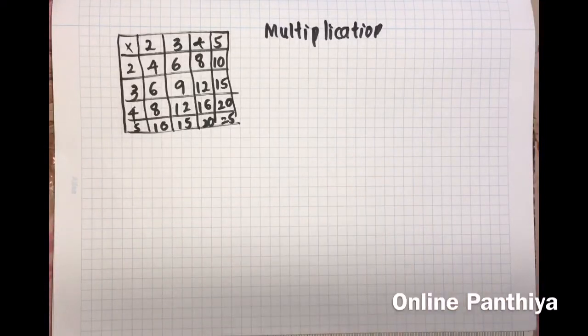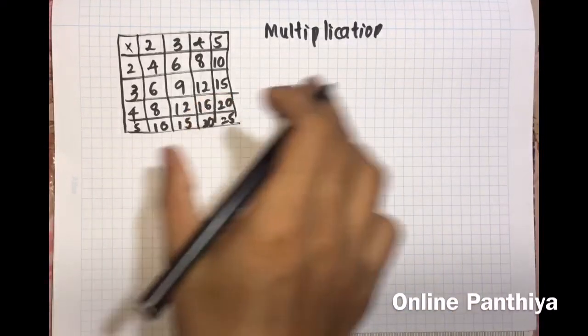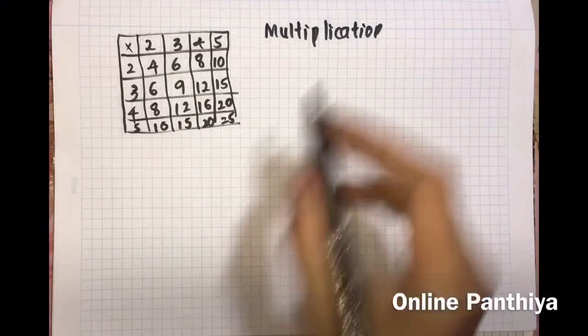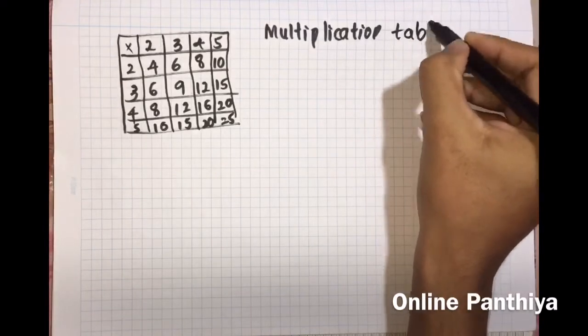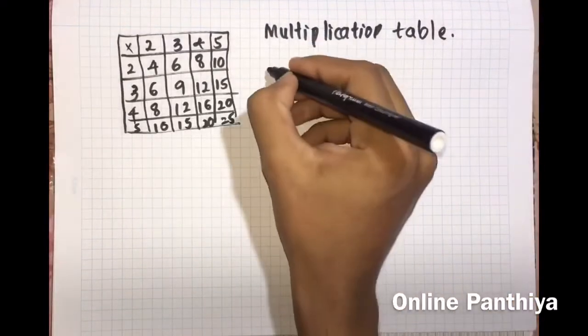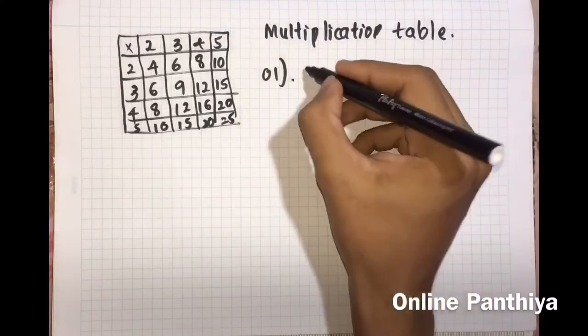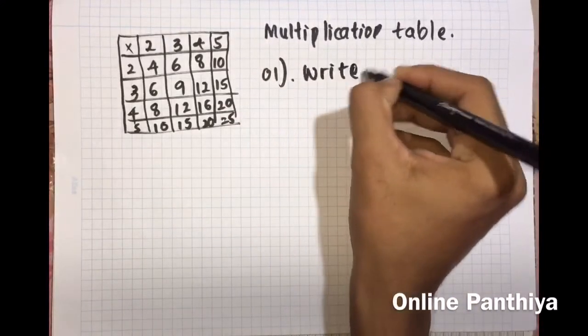Now the third one is using the multiplication table, to say what the factors of certain numbers are. The first question asks: using the multiplication table, write the factors of